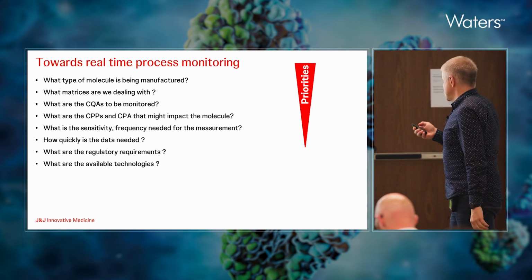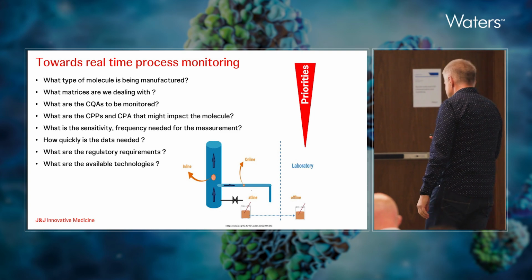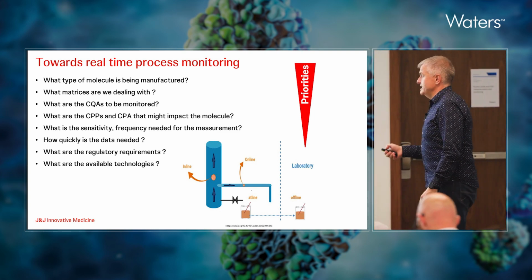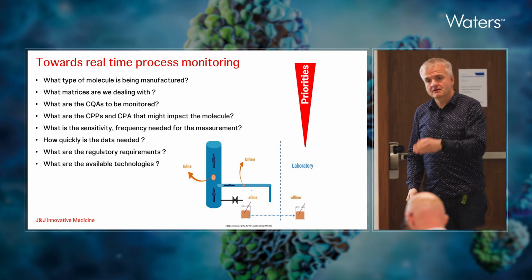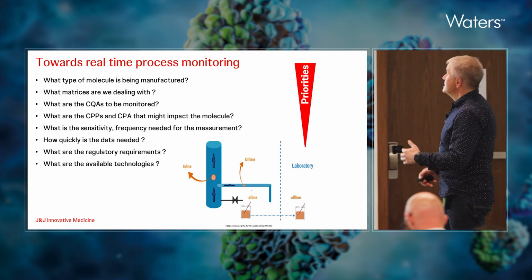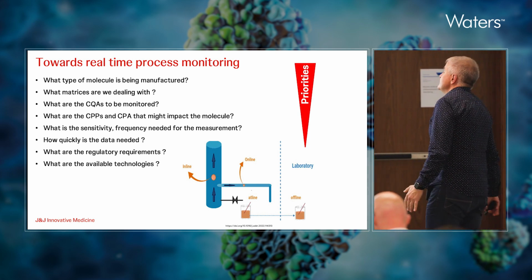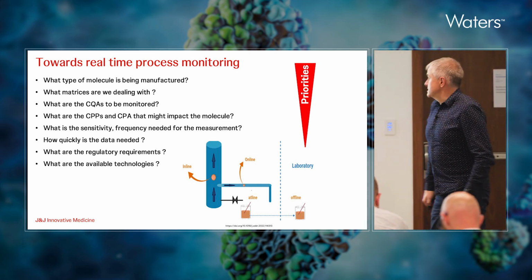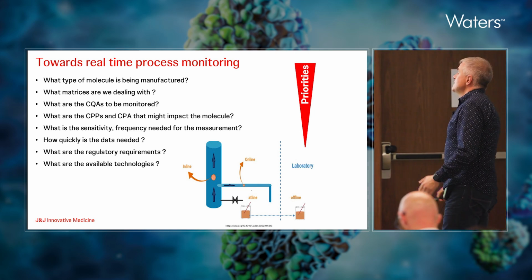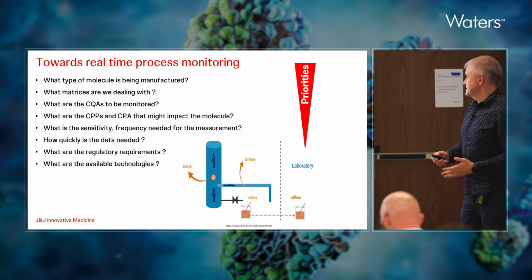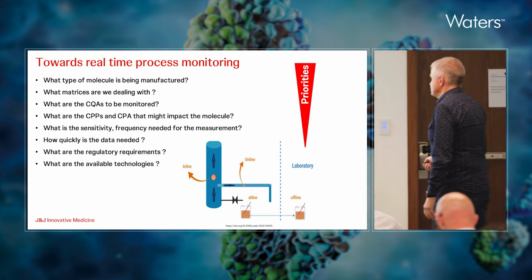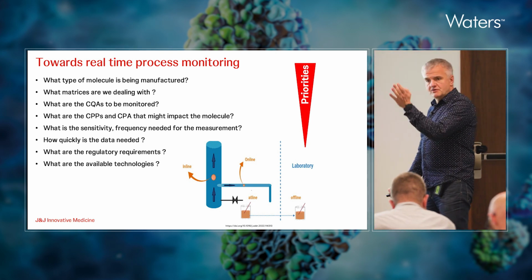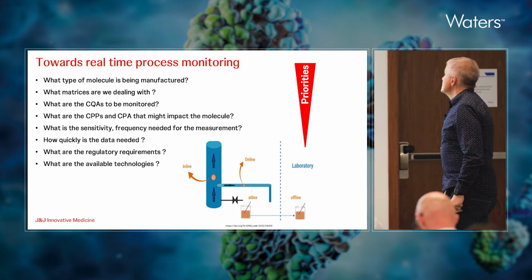So what we want to do is bring the measurement as close to the process as possible, if possible in line, which means we measure on the fly, so we know in real time what is happening. If that is not possible for technical reasons or limitations of technology, we like to do online, with bypasses and auxiliary pumps and so on and so forth. The worst case scenario is at line. But we would like to forget as soon as possible about offline, where the laboratory is somewhere else and we ship samples and we wait.